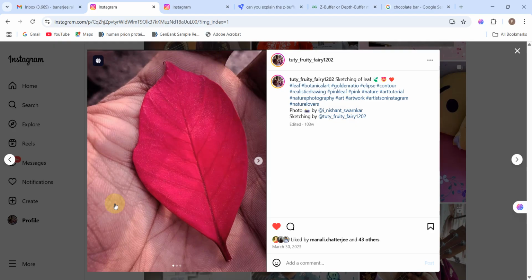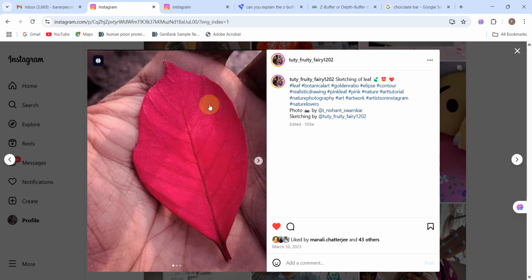So the refresh buffer must store the red color defined for all the pixels present on the leaf, and all the pixels present on the hand should store the skin color information. So that's the reason one matrix tells you which plane is above and which plane is below at each pixel, and the other, the refresh buffer, stores the information of what color I should apply to give the final result of an image like this one.